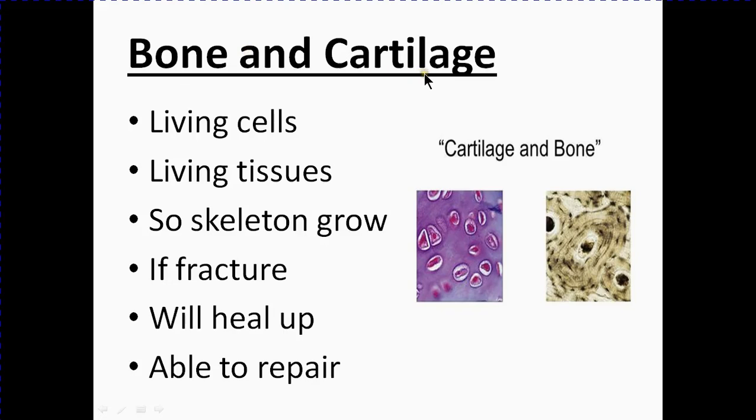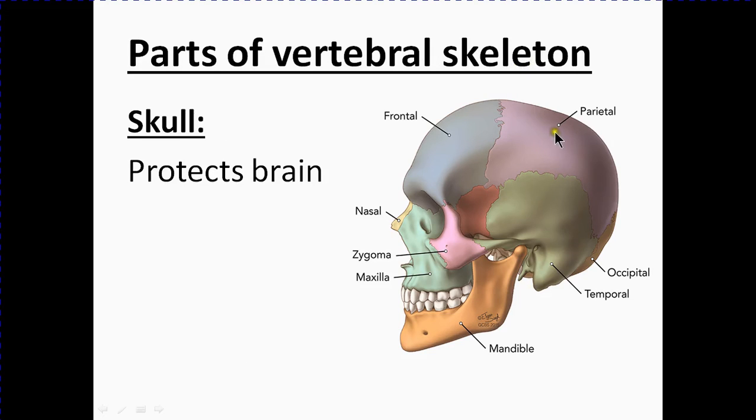Bones and cartilage are living cells, living tissues. So the skeleton grows. Unfortunately, if a bone is fractured, due to these living tissues and living cells, it will heal up, able to repair. Skull is present here, you can say our forehead and all this part of the